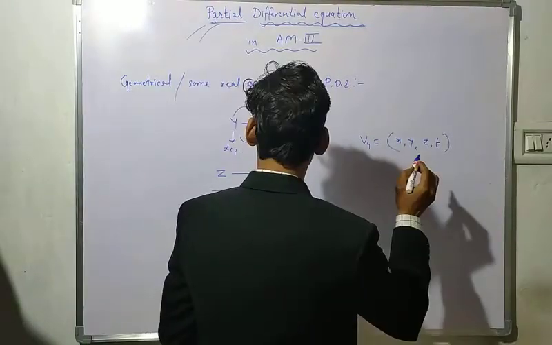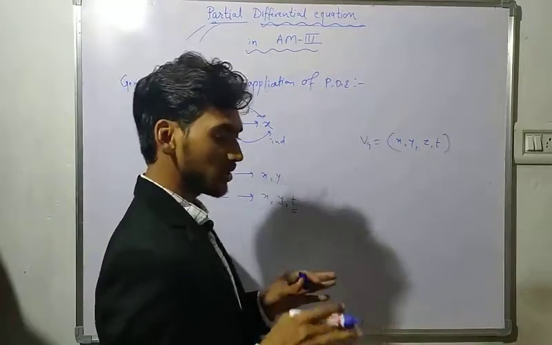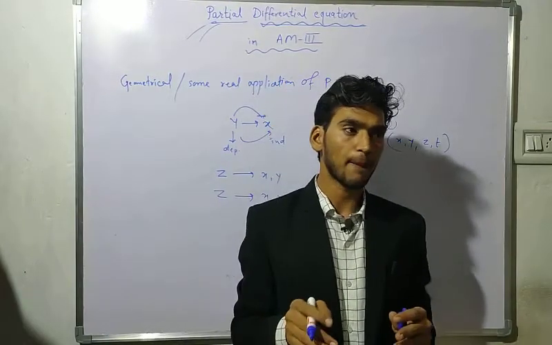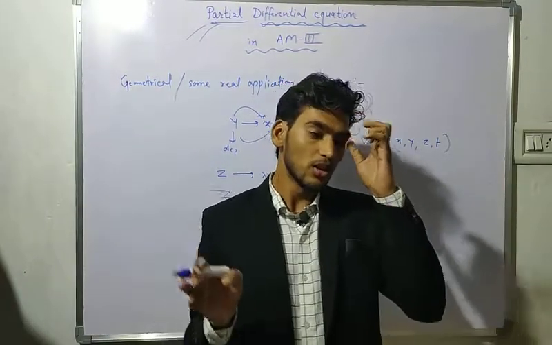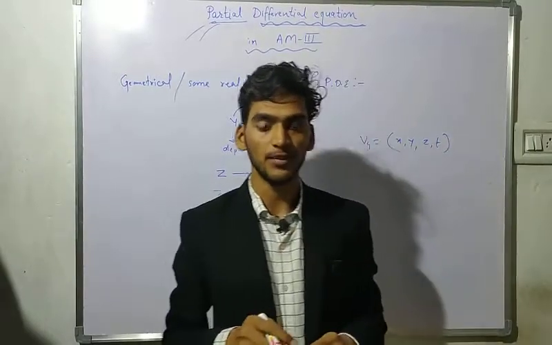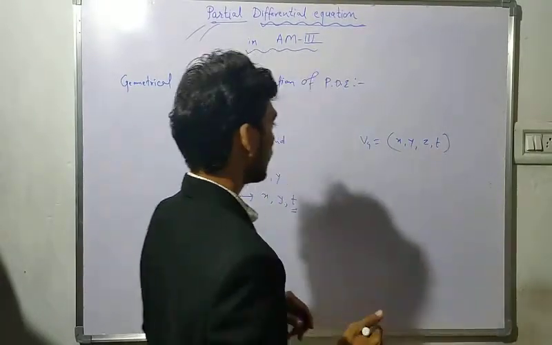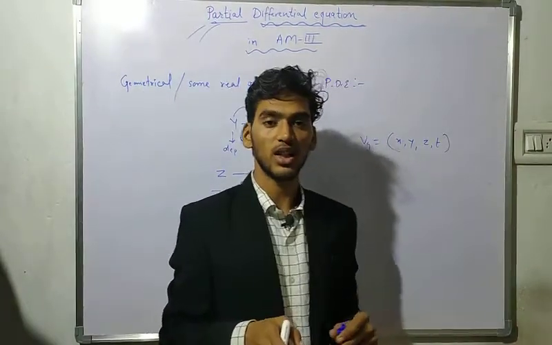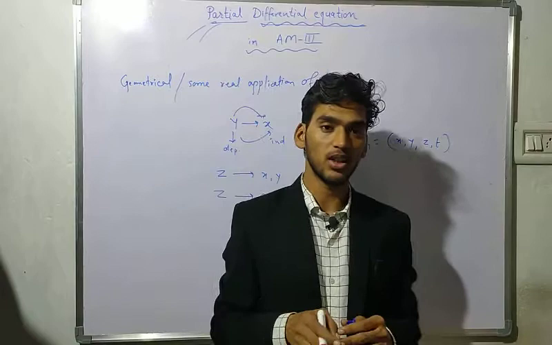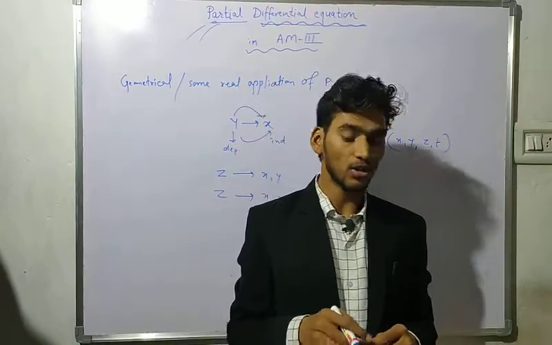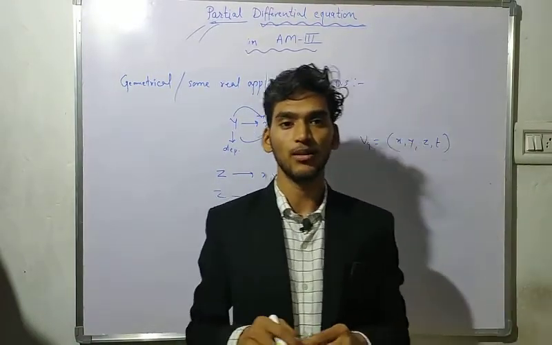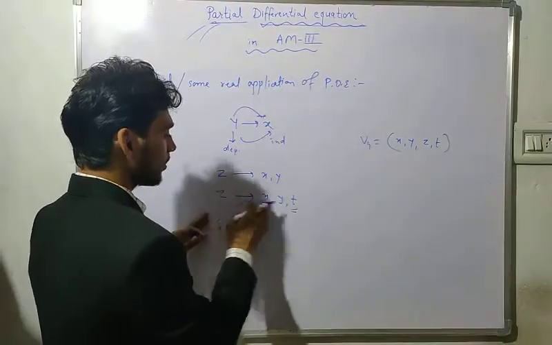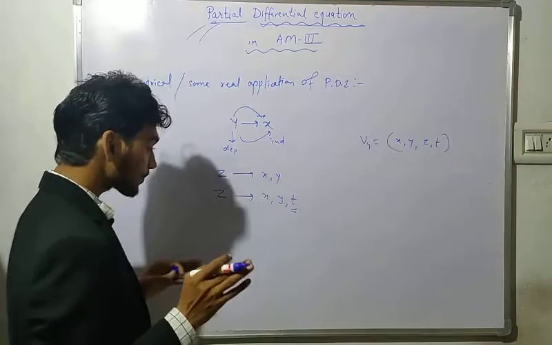As this is just theory discussion, basic theory, there is no need to think over that. But if you are curious, then you must search over the internet, over YouTube, what the n dimensional coordinates are and what the new topics are, in order to search for research. Okay, so z is dependent on x, y and t.